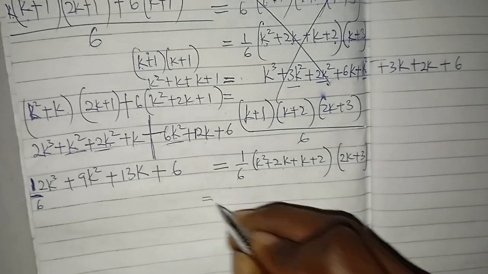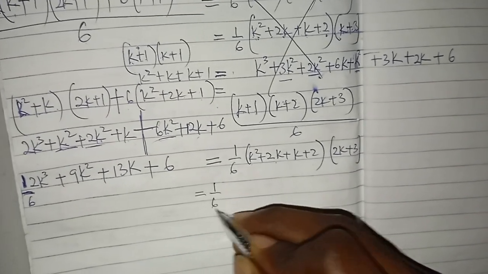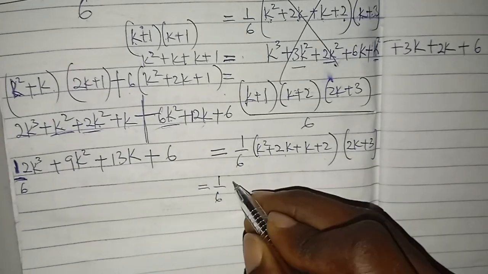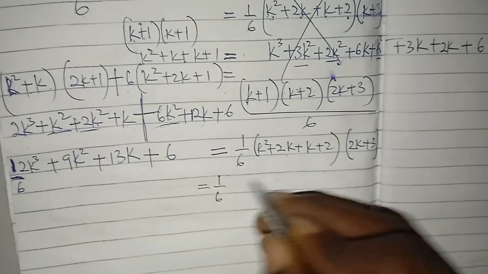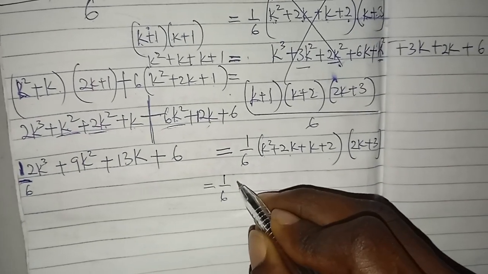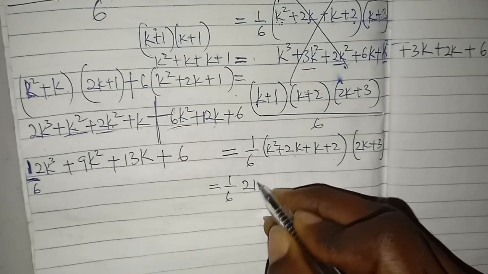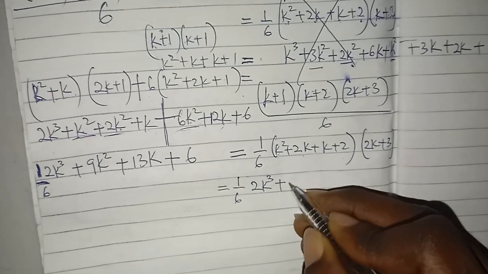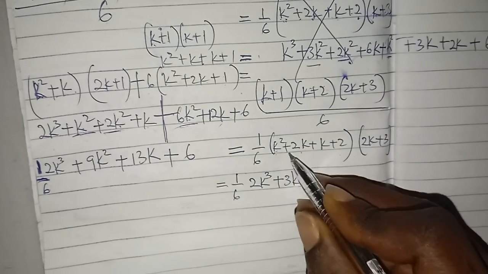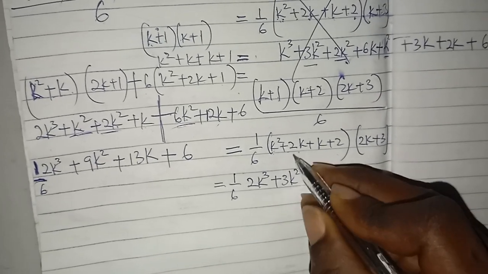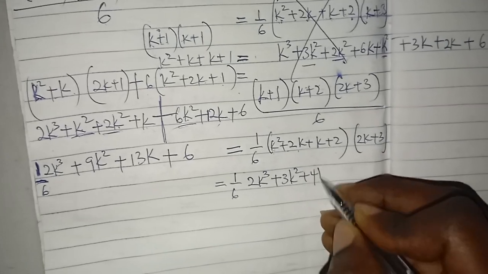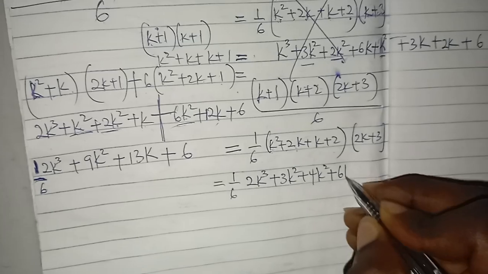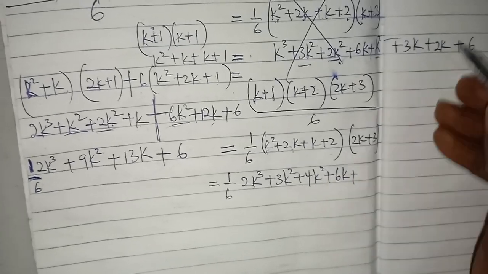So this is going to give me 1 over 6. k times 2k will be 2k cubed. Then k times 3 will be plus 3k squared. Then 2k times 2k will be plus 4k squared. Then 2k times 3 will be plus 6k plus